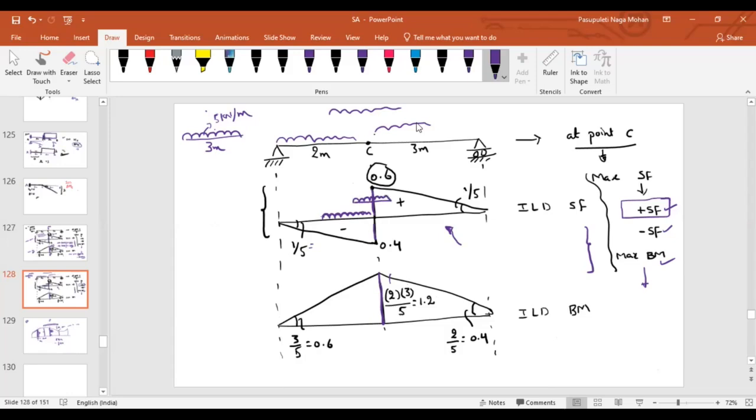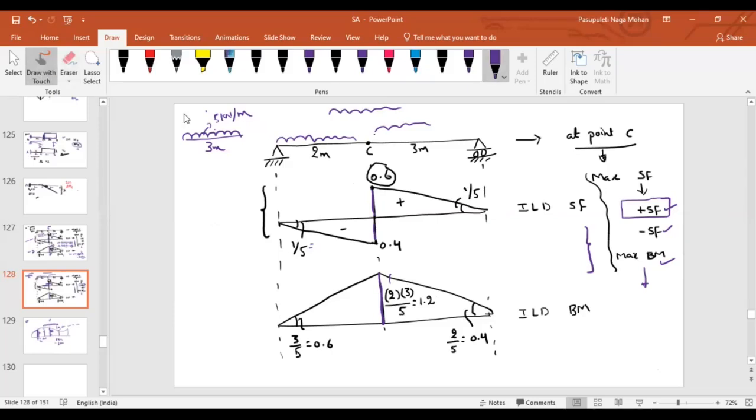It will get distributed equally, sharing both negative and positive. Let us say positive is coming plus 10, negative is coming minus 10. Then what is the net value? Zero. That means if you use this, again, it's not the maximum value. Why? Because positive values will be suppressed by the negative values. So, if you want to get the maximum positive shear force, you have to place your load